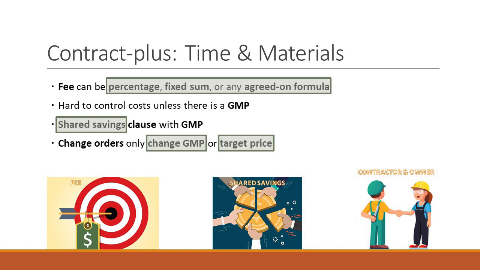Because as you think about this, I understand your point about a potential adversarial relationship in lump sum, because somebody's going to be taking the risk if it goes too much. And so the contractor could be in that same position with a guaranteed maximum price. There's that cap. If it goes over the cap, the contractor has to pay. So what you sometimes do, this fourth bullet, is you put what's called a shared savings clause in the contract, and you say,